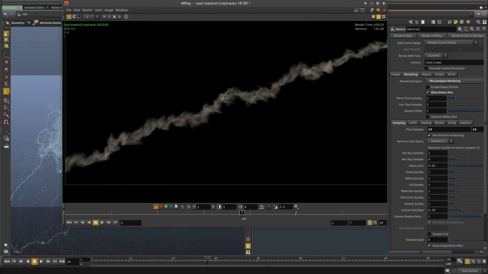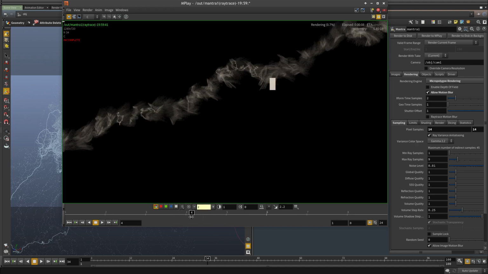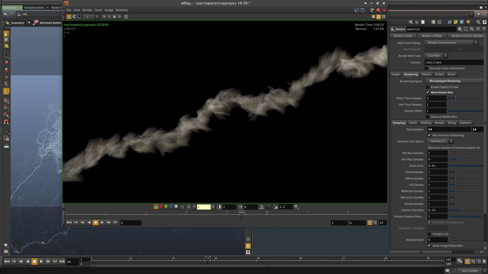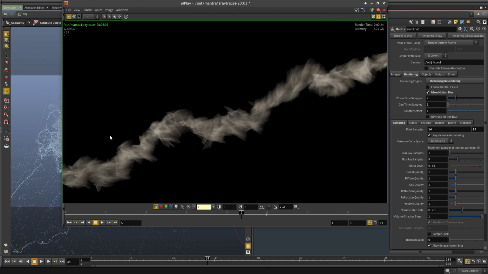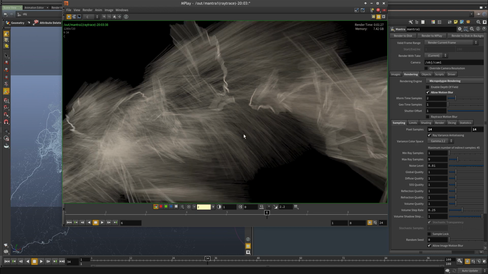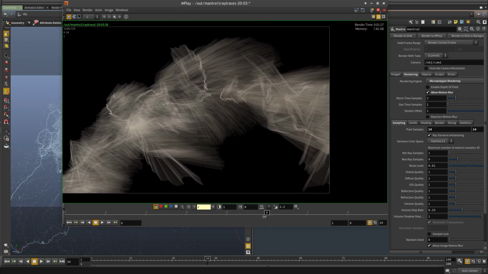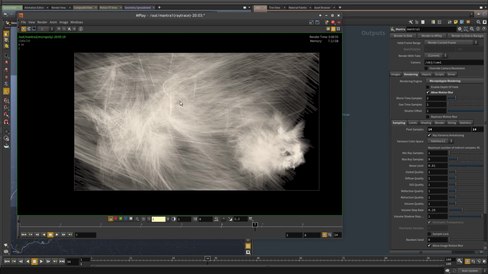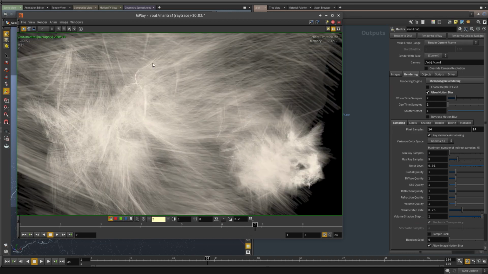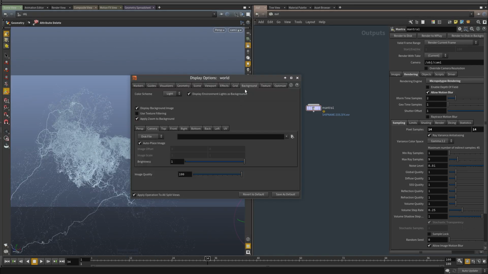So what I've done, I changed the point count, and this is the raw one that we did together. And then I increased that, and this is how it looks like. And then I zoomed in on one of the sections, and this is how it looks like from close up. And then I moved the camera similar to what we have now, and this is how it looks like from inside the volume. And all this visual, when you look at it here, is just points,